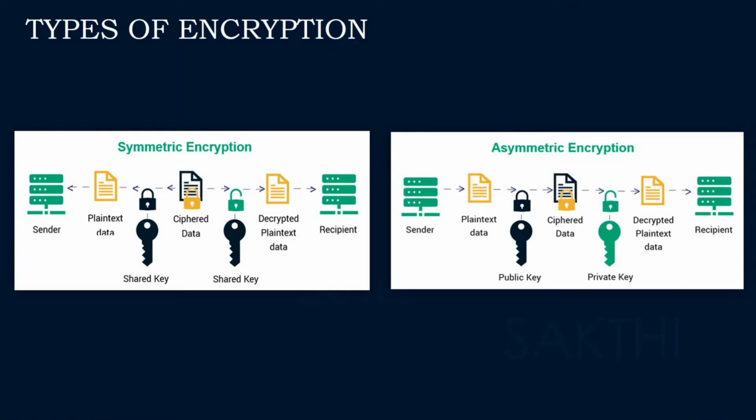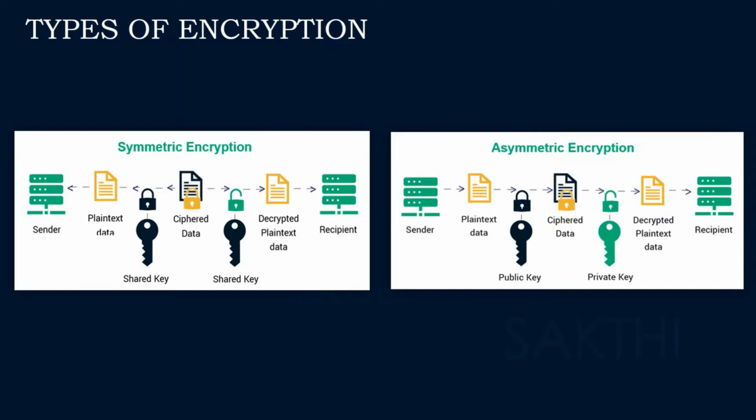Say for example, you want to send a data between two different users, like a sender and a recipient. You send a data from a sender to a recipient via any medium like mail, internet, or some letters. In case any hacker or any intrusion happens, he can easily retrieve your data from that medium and see what is your information. To avoid this, we have a concept called encryption.